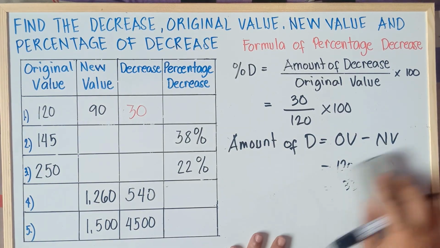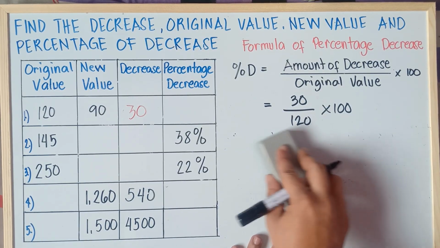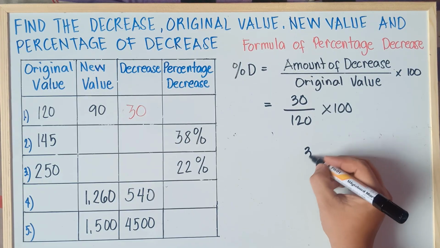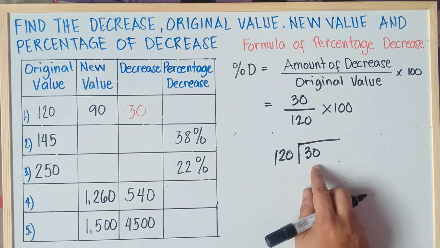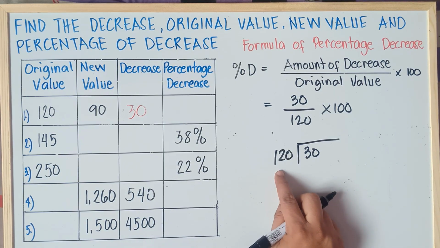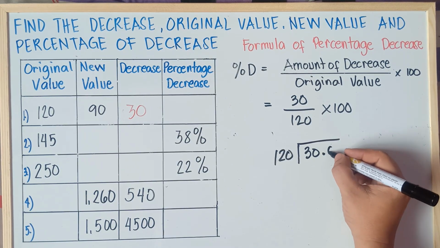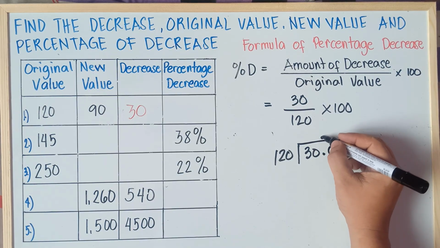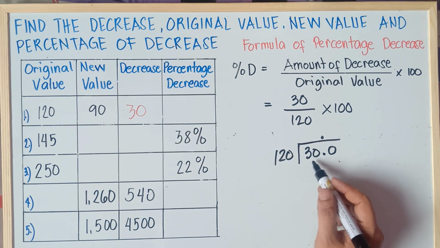Now if the teacher will not allow you to use a calculator, you need to do it manually. You need to divide 30 by 120. So, 30 divided by 120, of course, that cannot be. We need to borrow a 0. You put a point and then you borrow a 0. Once you put a point here, you also put a point on the top. You align the points, class. And then you think of this one, class, as 300. It's not 30.0, you think of this one as 300.